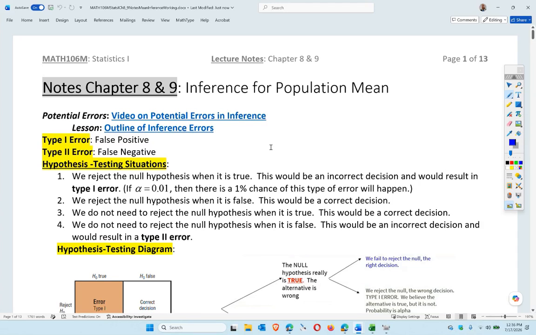Now we're going to switch to inference for population mean. We did inference for population proportion before, because you can do inference for many things. We're going to do 3 of them in this course. So just because you did the inference and the hypothesis test, and you got your confidence interval, you still actually